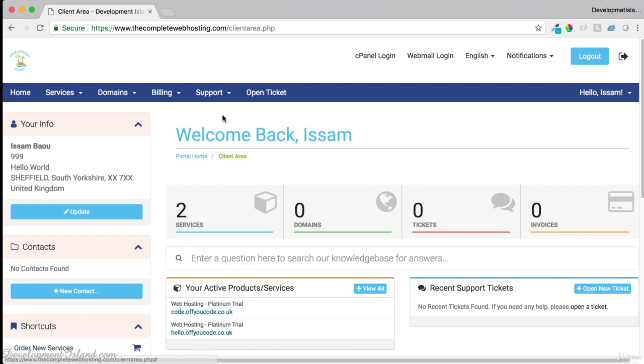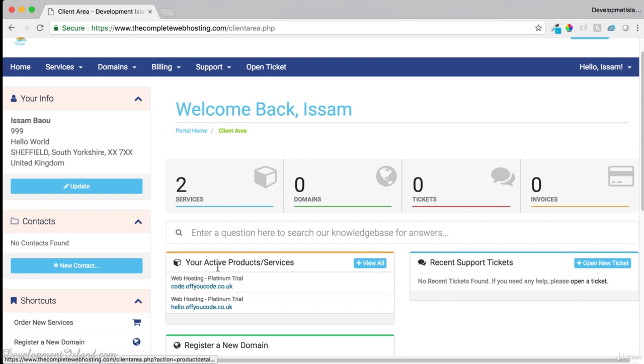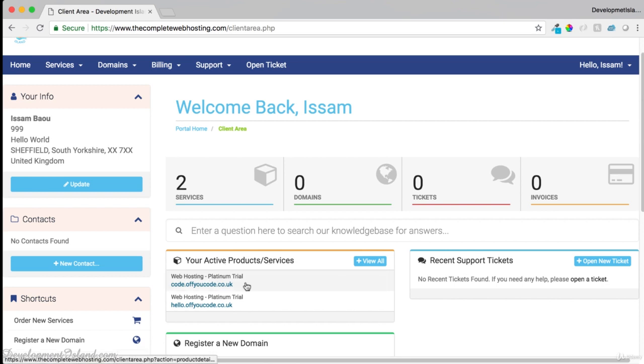So this is the page where we left after placing the order. You can always get back here by clicking on the home link. Now, if you go to your active products and services and click on the web hosting link to your domain or subdomain,